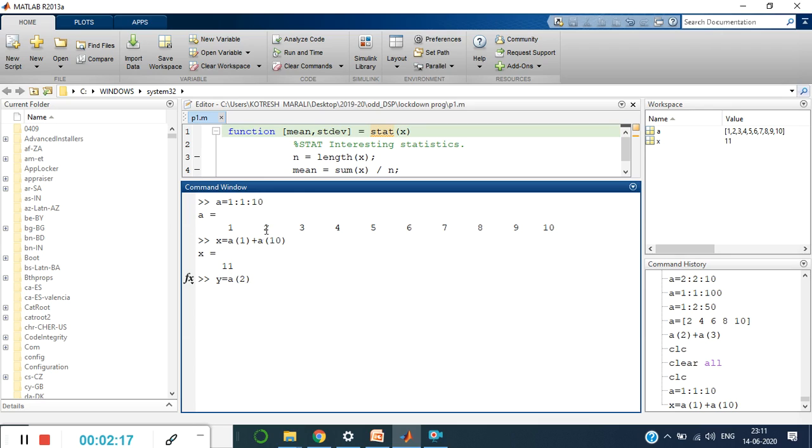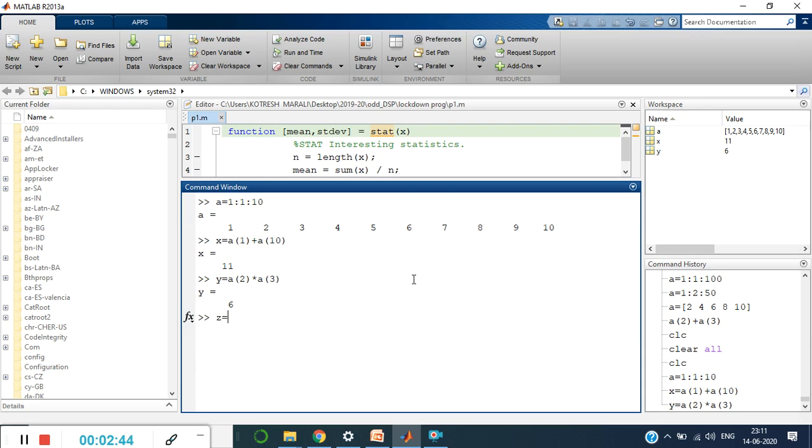The content of A of 2 is 2, and let me multiply this value with A of 3, where my answer should be 6. Very fine. It is giving me the perfect answer, which means you can perform arithmetic operations with respect to a single array.